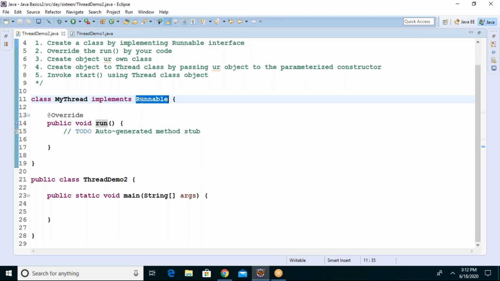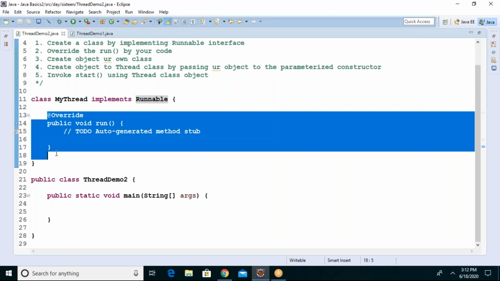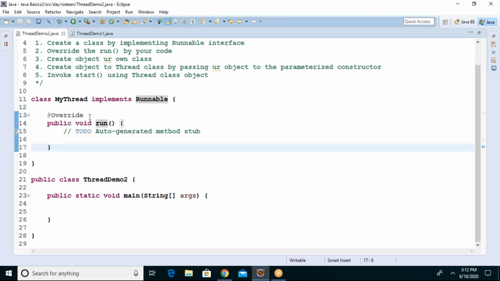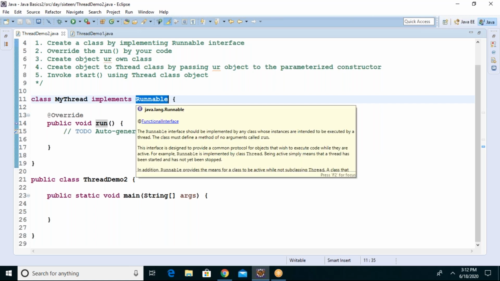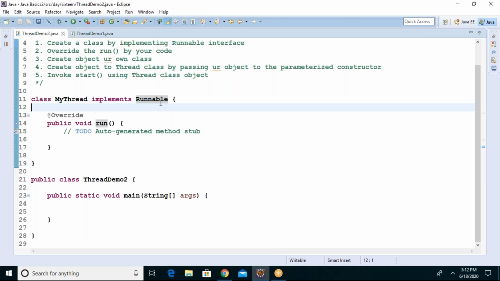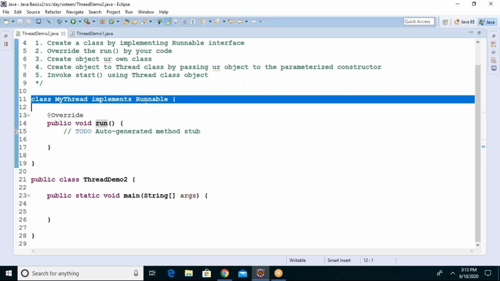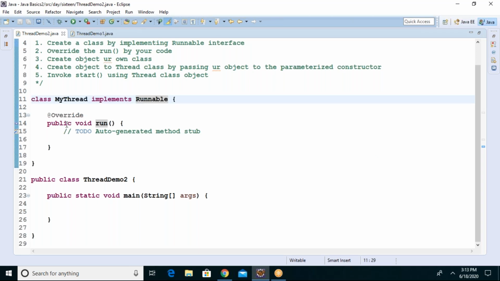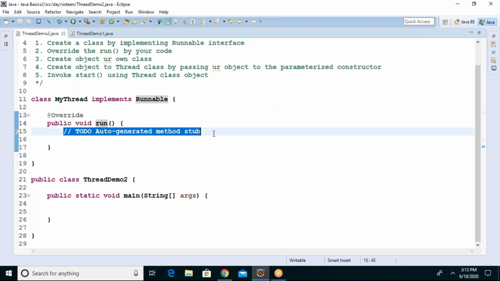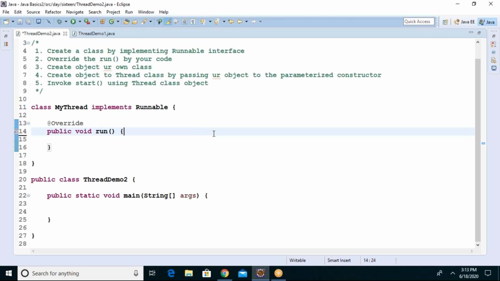If there are many methods in the interface, it will force you to override all the methods, no? Yes or no? Interface means what? All abstract methods. So if you implement an interface and it is only overriding one method, it means Runnable is having only one method, not multiple methods.